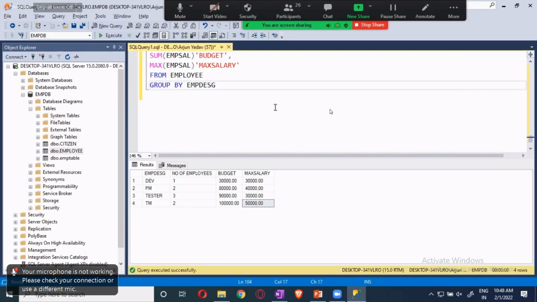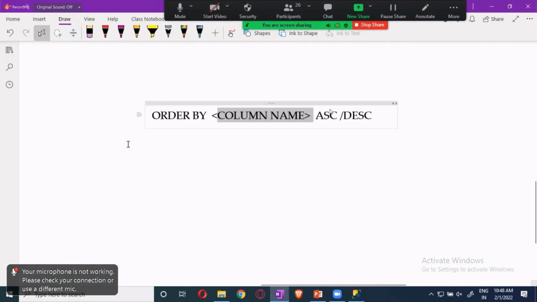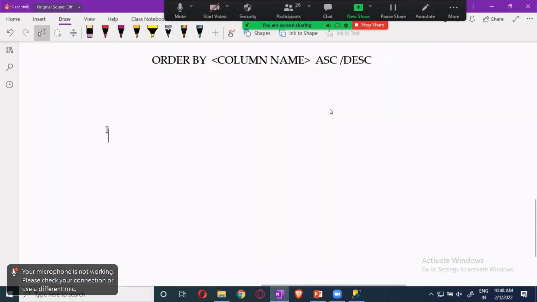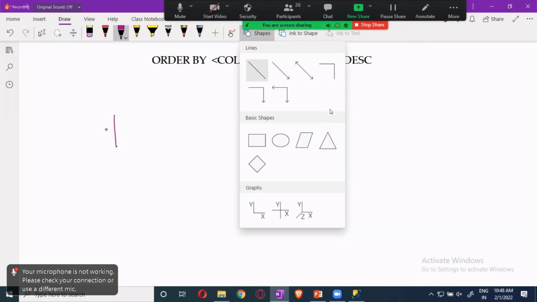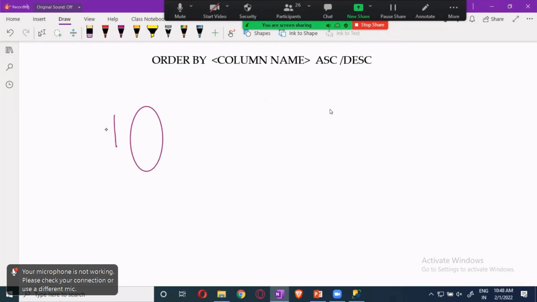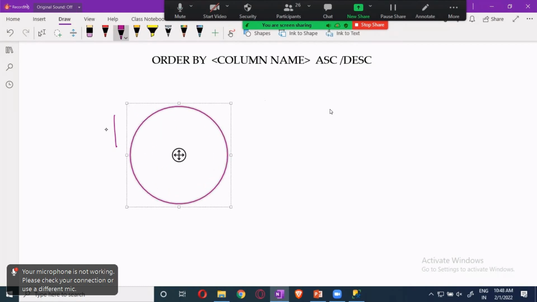For example, I'm having a table. Let's take it as a circle. I will take this as a circle, and this has the data A, B, C, D, and E employees. 5 employees are there.